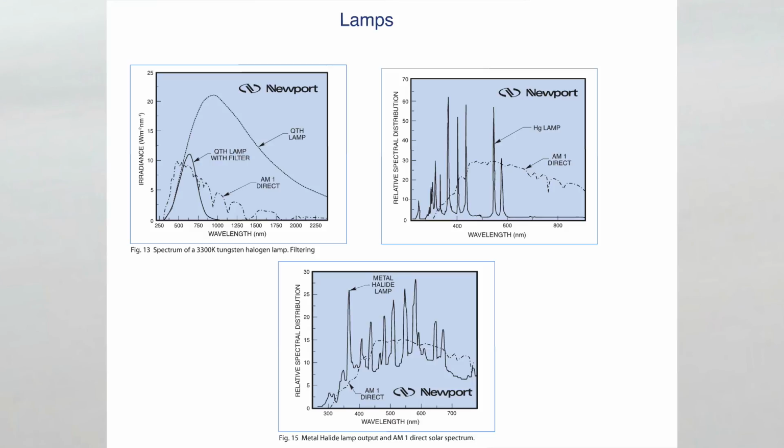You can have a mercury lamp. Mercury is great for UV, so you get all these peaks in the UV, which is not great for solar cells because UV will usually create defects in the solar cell. You don't want that usually. Also, it doesn't match the AM1.5 solar spectrum. The mercury lamp is cheaper, so sometimes it's used, and maybe if you're interested in UV, for testing some other things like